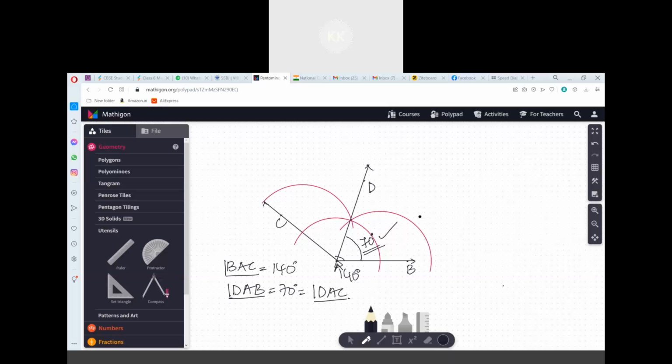Did you understand the procedure? Sir, if we draw a line in between, would that be okay, sir? No, no, that is not done. Make a ray. We are starting from this point. So whenever a point is taken into consideration, when you are extending the line, it becomes a ray. It is not a line, it is a ray. This is the procedure. Procedure you have understood? Yes, sir.